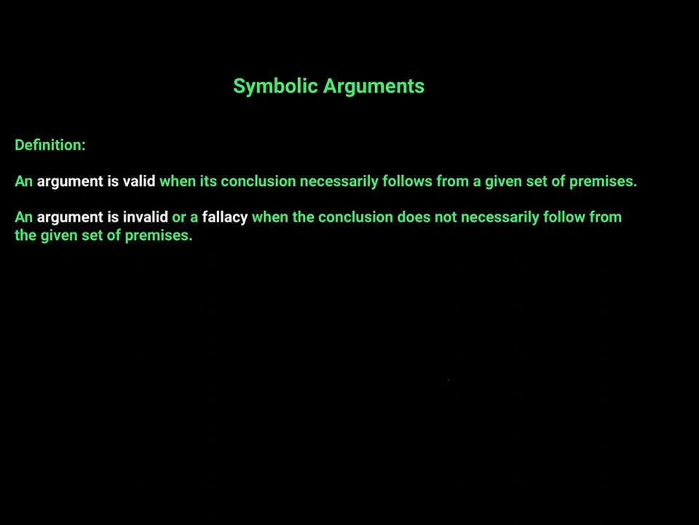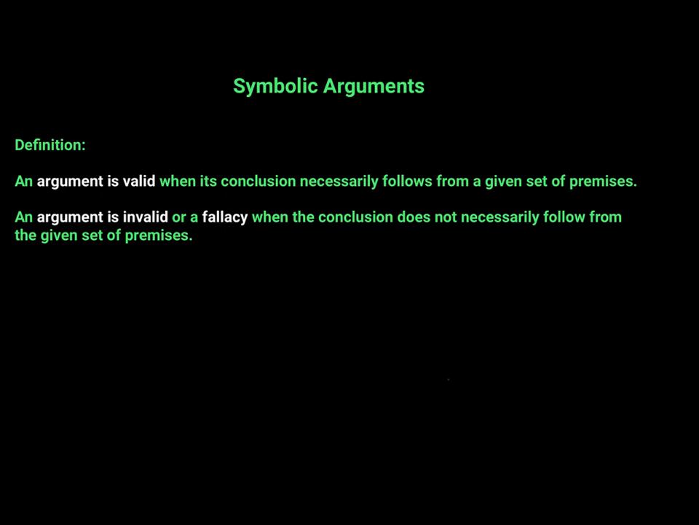In this lesson, we explore different types of symbolic arguments. We start with a couple definitions. An argument is said to be valid when its conclusion necessarily follows from a given set of premises. An argument is invalid, or we can call it a fallacy, when the conclusion does not necessarily follow from the